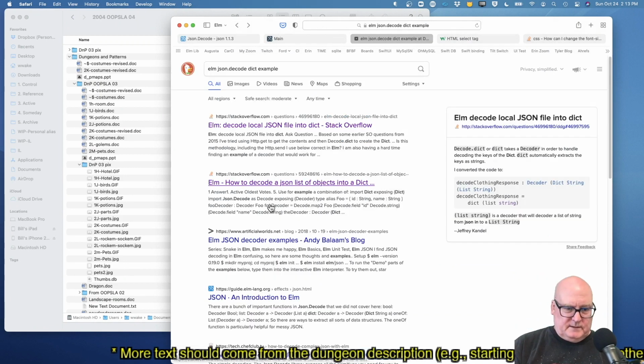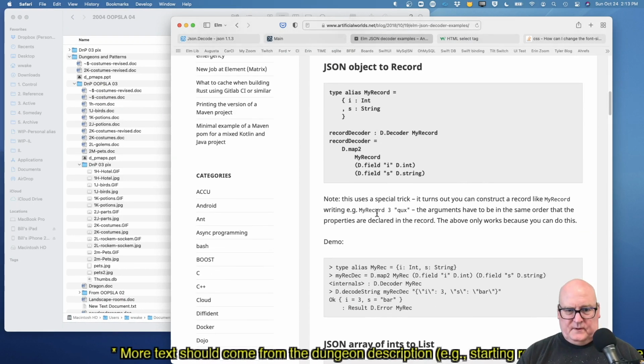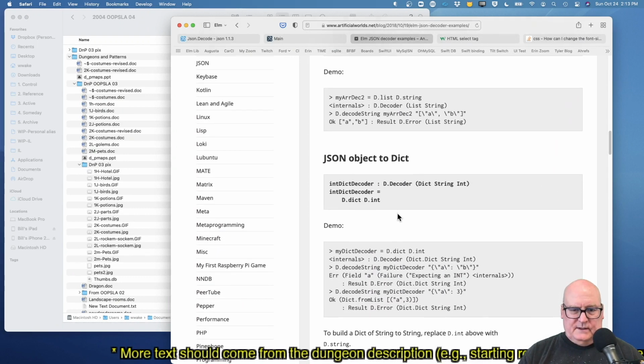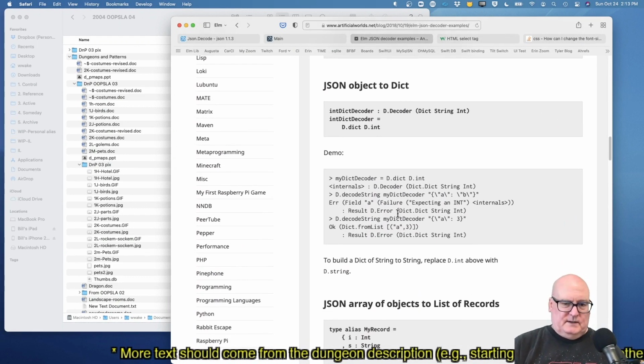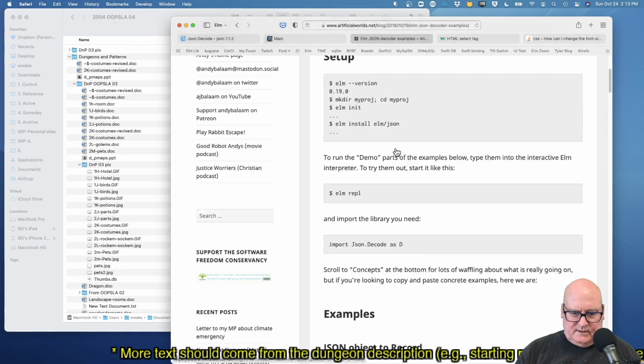All right, let's look at this. Well, I'll take another one or two. JSON object to record. Okay, that's a little more complicated. Object to dictionary. Okay, this D is JSON.decoder. Dictionary string to string is D.dict, D.int. How does it know that? What's his dictionary?